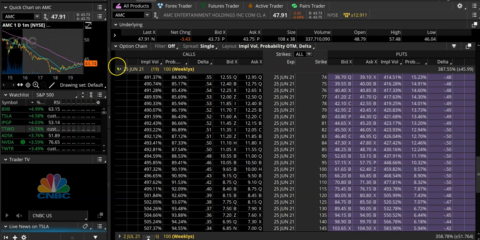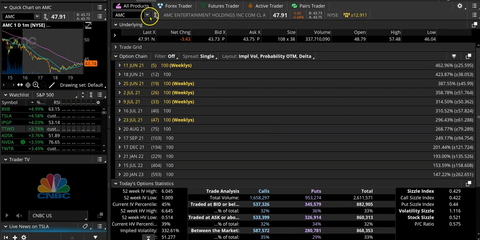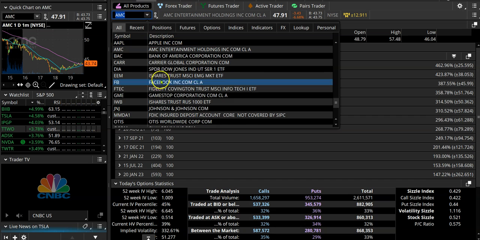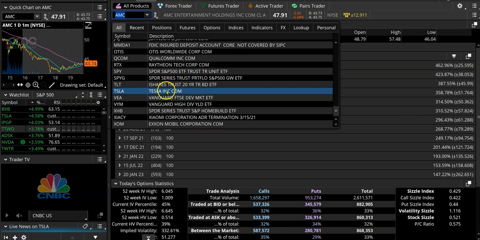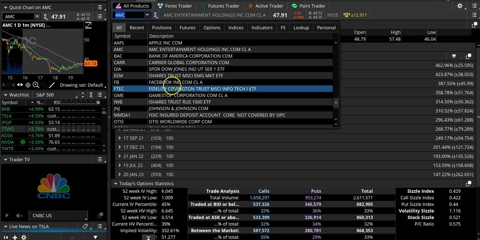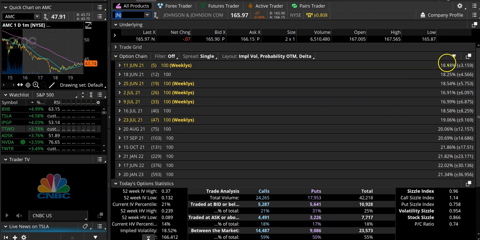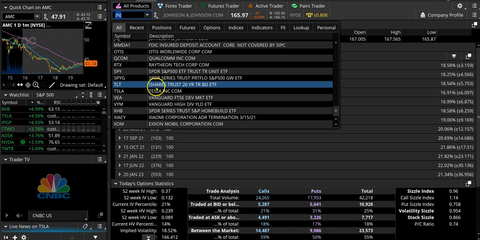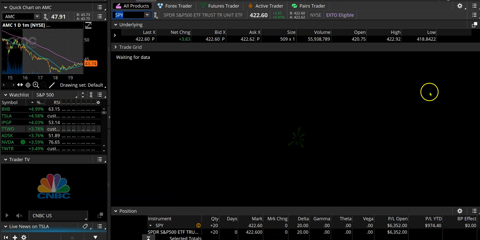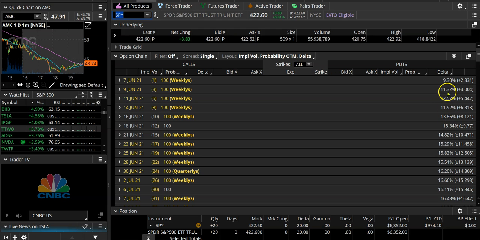Just to put in perspective, let's go back here real quick. I don't want to waste a whole lot of time on this. So anyway, that's AMC. Let's take J&J, a typical blue chip stock, and you can see that implied volatility is 18%, 20% as you go out. And then finally, let's take the S&P 500. The S&P 500 right now is really low volatility in the market, and you can see 9%, 11%. So you're not going to make a ton of money on these because implied volatility is so mellow that there's not a whole lot to do there.